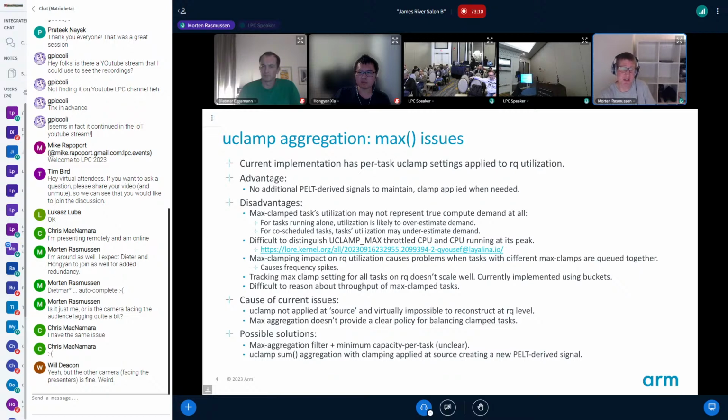I mean, how much do we need to spread them? If you have 2 tasks or many tasks with different clamp settings, how much weight should they really carry when you do load balancing? So I think there are 2 possible solutions. Either we dig the hole deeper with max aggregation. I think it's already a fairly complex implementation, and it will only get worse if we try to fix the current gaps. Or we try something new and see how bad is sum aggregation, and maybe it is actually worth creating another PELT-derived signal if the whole implementation becomes a lot simpler.